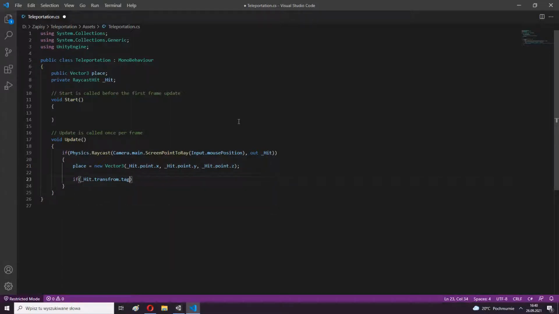If ray hit an object with tag terrain and we click the left mouse button, the player will teleport to place location.